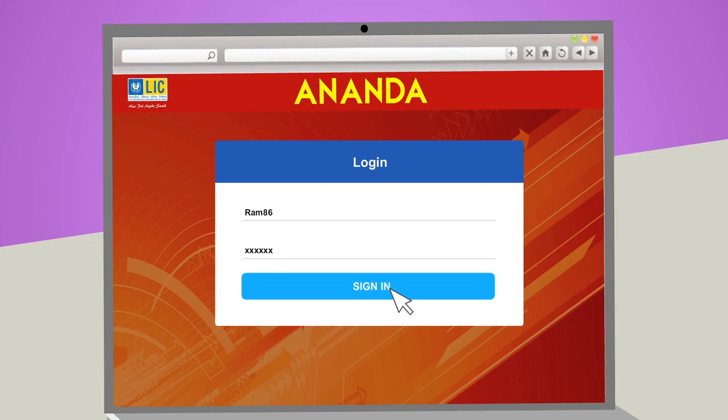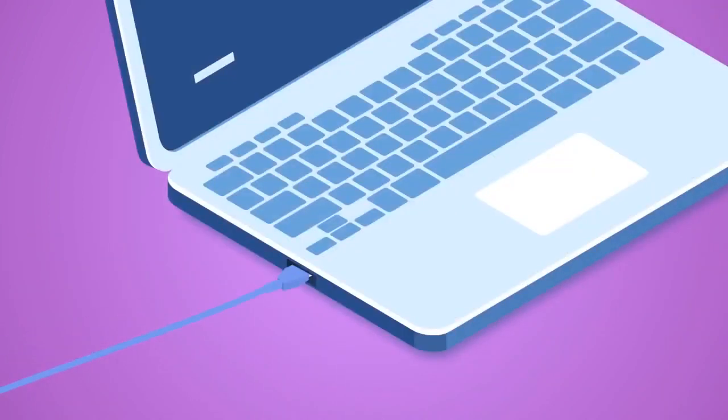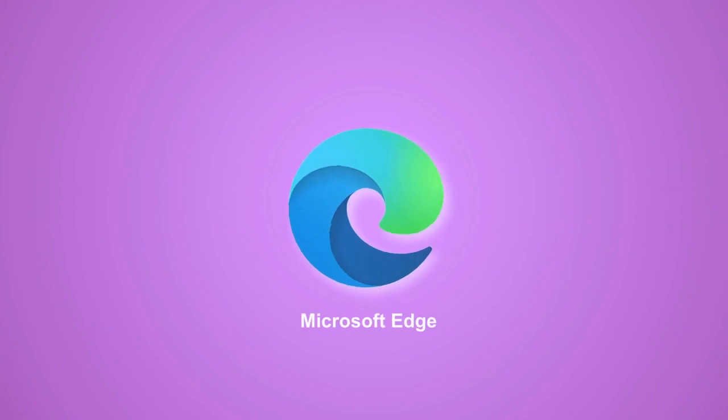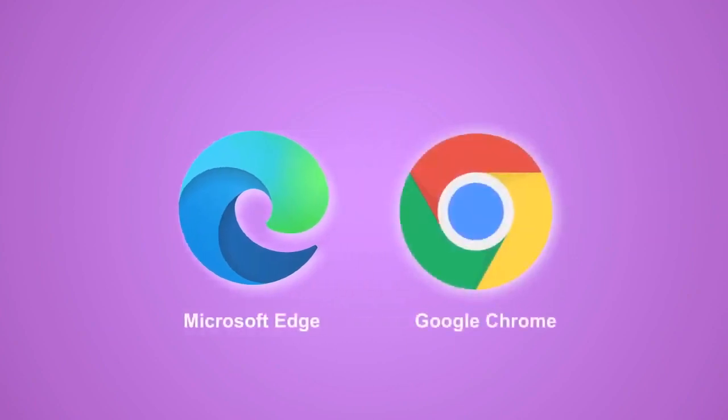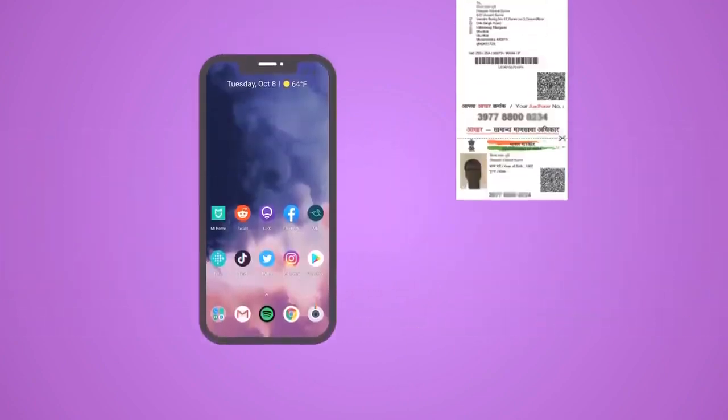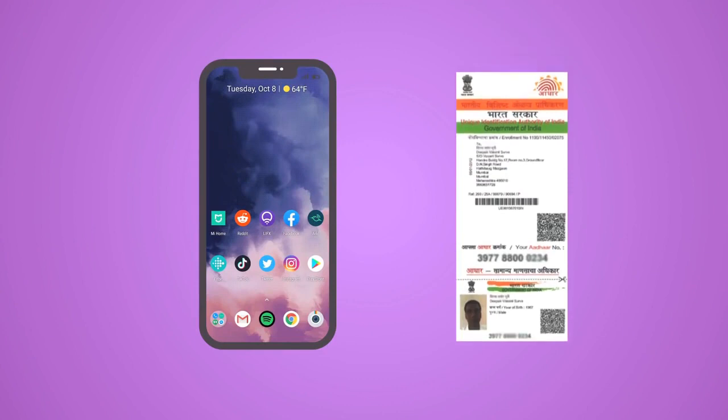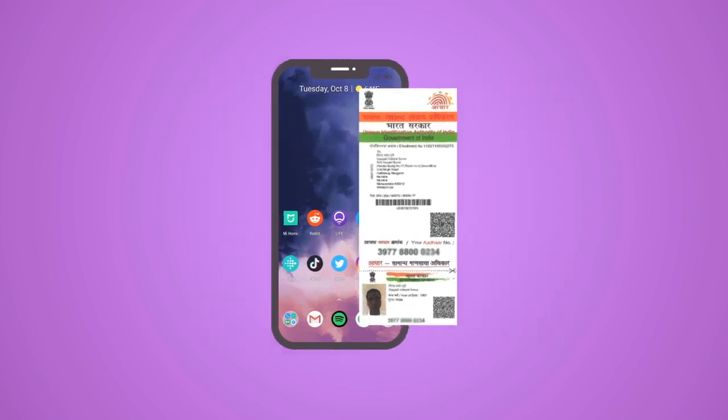You should be an authorized portal user. Once online, open the Microsoft Edge browser or Google Chrome. And remember, it is compulsory for both agents and customers to have an Aadhaar card and a mobile number mapped